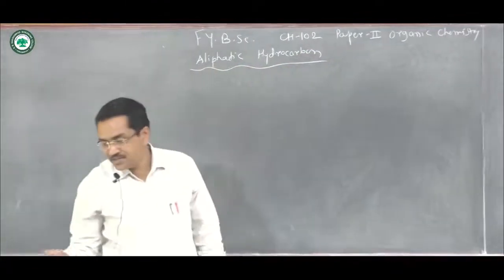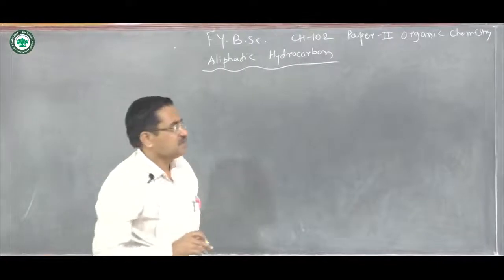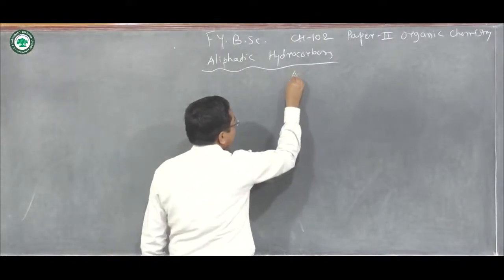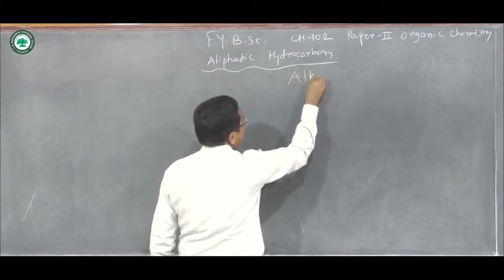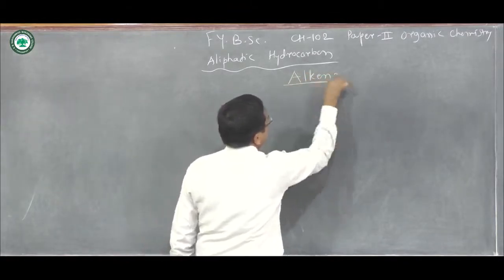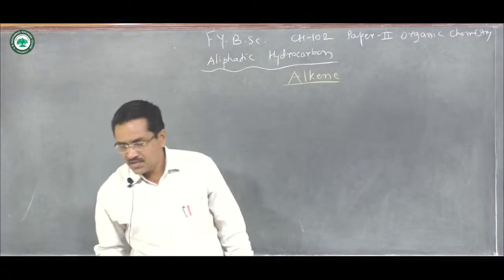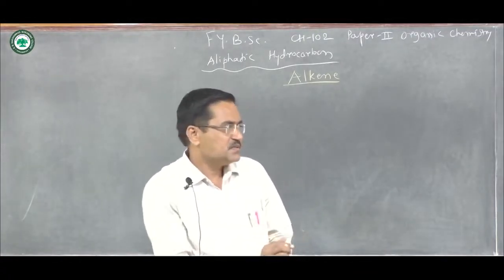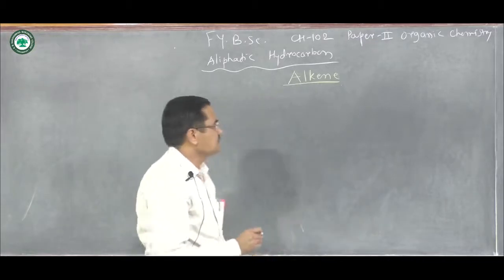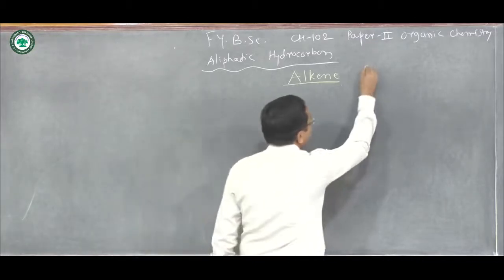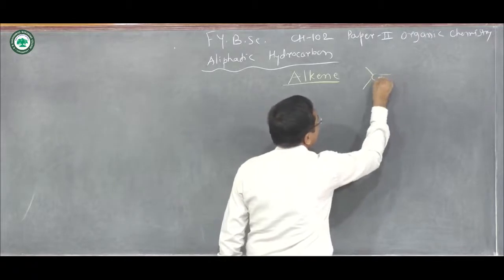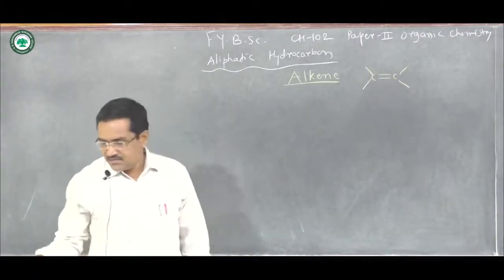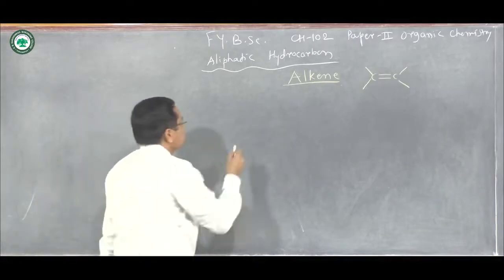And from this, the second point is alkene. Alkene is the hydrocarbon which is having carbon-carbon double bond, and the general formula is